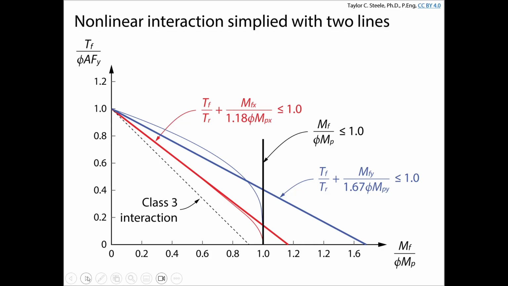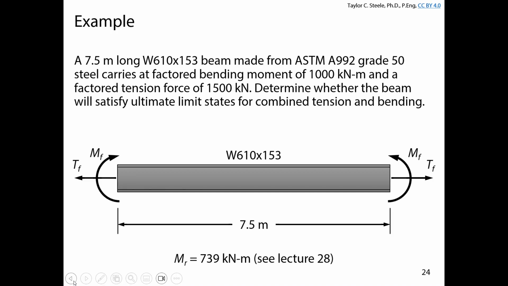So in addition to the strength, we also check the bending only strength to make sure that we're not exceeding the applicable limit of that straight line equation that we use to calculate the strength interaction for tension and bending. Are there any questions about the example, why we did the calculations we did